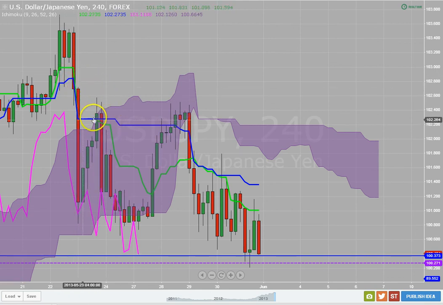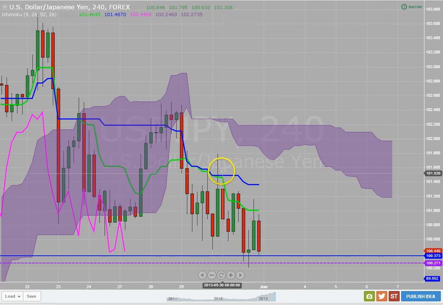Okay, but then you have this bounce here, but see, we're inside the cloud. So now we come out of the cloud, price came back up, and now you have a crossover here. Now see this crossover here, this is a very strong TK crossover, and the reason this is strong is because this is happening in bearish territory below the cloud. So a bearish signal in bearish territory is a very strong signal.